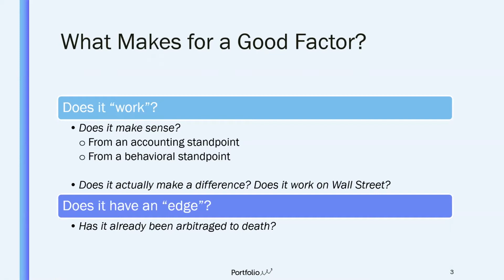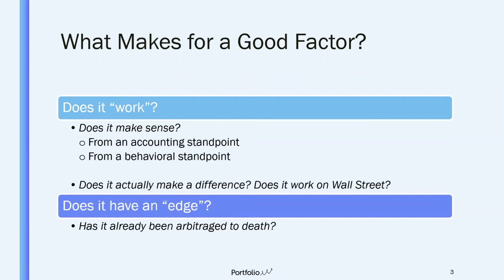So what makes for a good factor? First of all, does it make sense? From an accounting standpoint, for example, the price you pay for a stock in relationship to its earnings or sales, that's something that makes sense. And the price you pay for a stock in relationship to its inventory doesn't really make sense, because companies are not worth more if they add more to their inventory. Actually, they can be functioning better if they reduce their inventory. So factors have to make